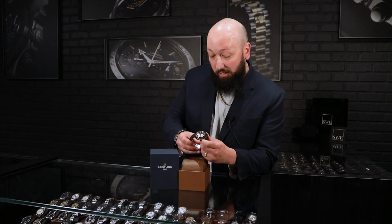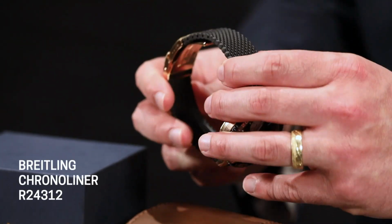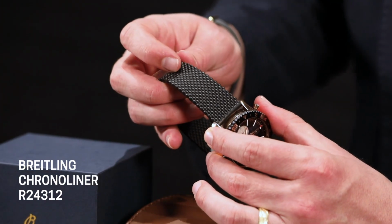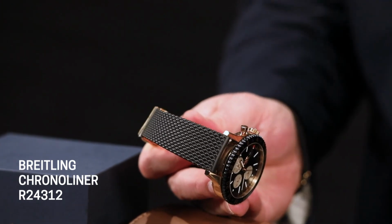This is a particularly rare example because there's only 250 pieces ever made, and this particular example is completely unworn, with an unsized rubber strap here, which is probably close to nine inches. Again, this thing has not been touched. You will almost certainly need to get this cut after you get it, but this is a beautiful textured